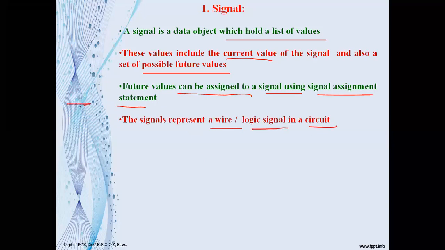So just now I said, let's take a block diagram, an external entity. Let's say it is an AND gate. Now what are the inputs? Assume the inputs are A and B. Now A is a signal and B is a signal. What does A represent? It represents a wire here because it is connecting, right? And B is a signal. The signal is nothing but a wire. So physically, a signal can be represented as a wire in the circuit.